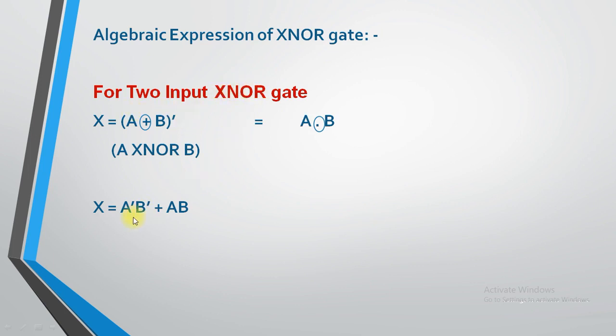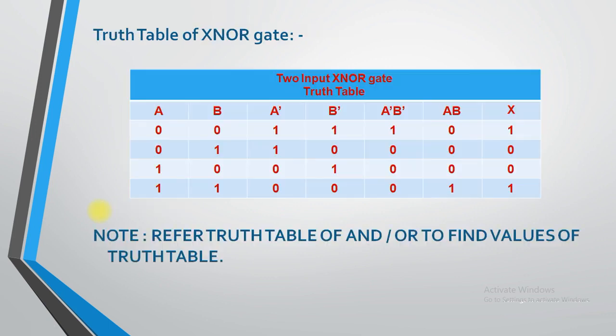But to draw the truth table, you need to remember the last formula through which you can design the truth table. Now see, A dash B dash. So that is the opposite which we have already done in the XOR gate. Now I need to find out A dash B dash. A dash B dash means what? I need to consider the combination where it contains both the input signals 1. Over there I need to write the value 1. In the rest of the cases I need to write the value 0.